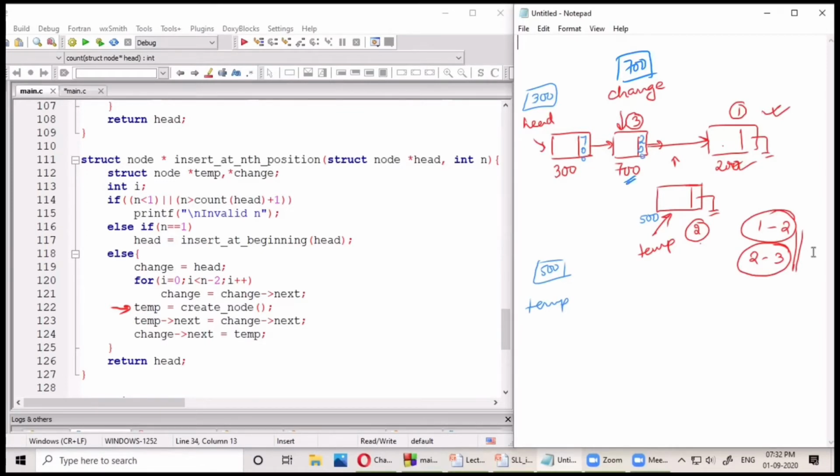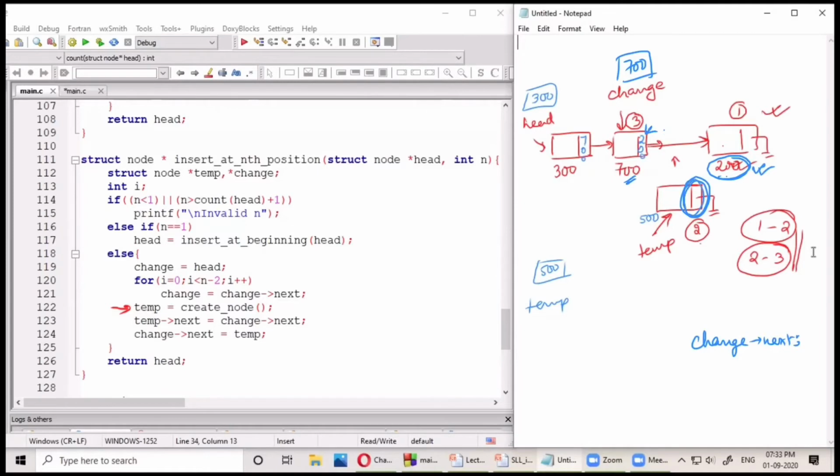Now what we do? We have to store the address of this node over here. Where from can we get this address? We get this address in change next part. See, in the change next part, 200 is there. So that means change next is going to be the right hand side. And where do we store it?